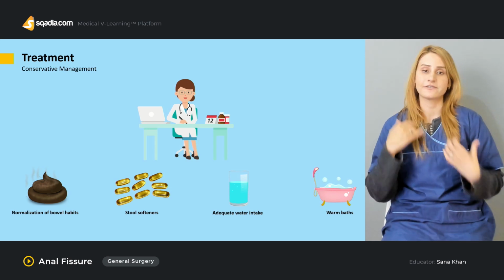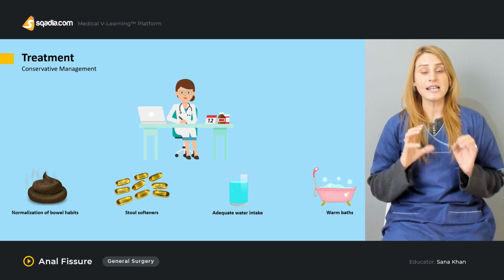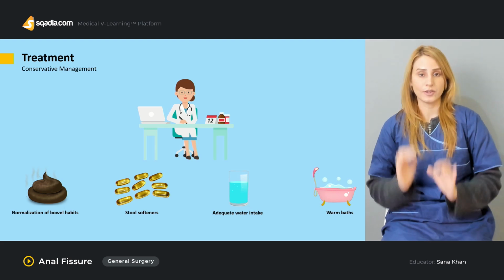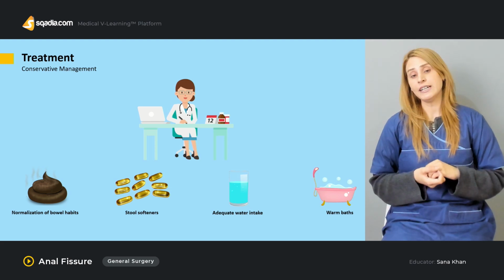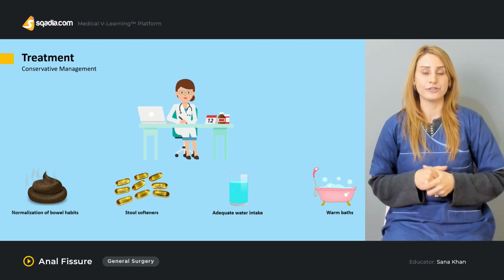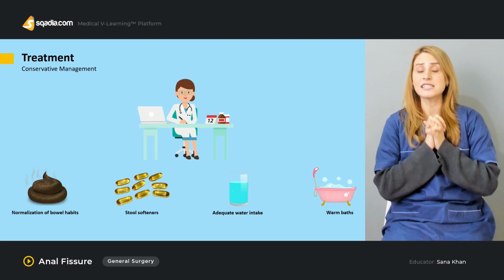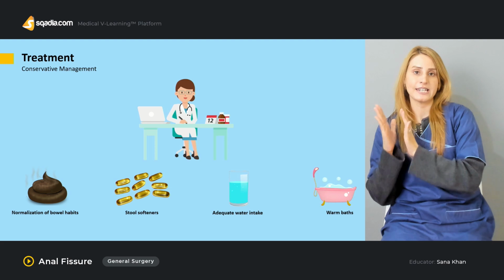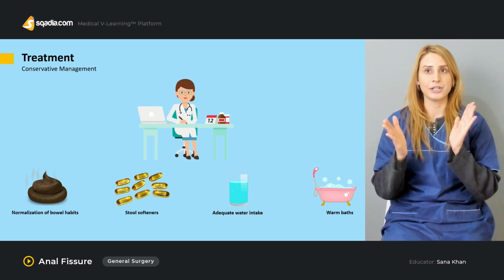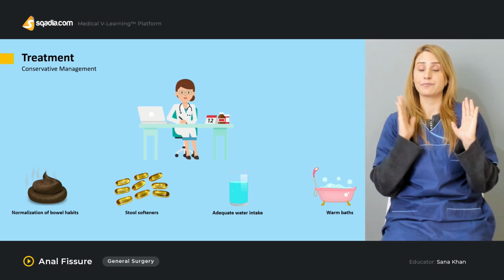That's for 10 to 15 minutes, and this should be repeated twice or thrice daily, and it's very helpful if you continue for 2 weeks. Usually the spontaneous healing of a fissure takes place within 6 weeks,